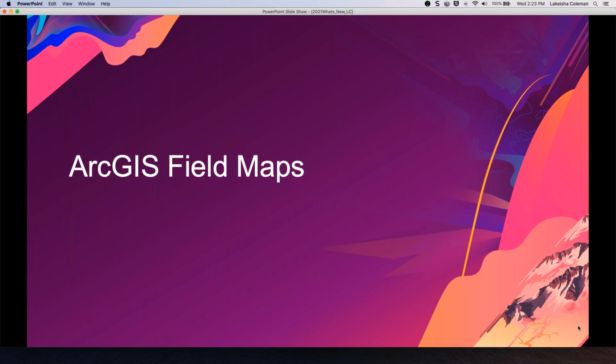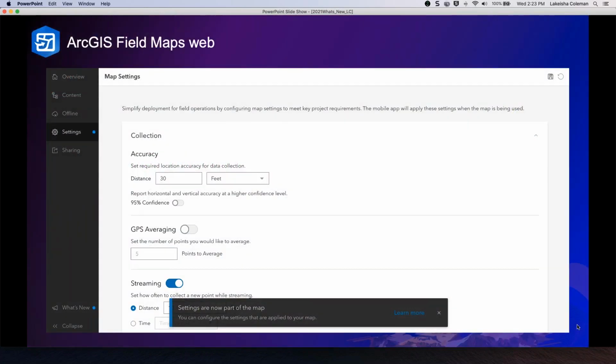So Field Maps, there wasn't too much, I'll say, that was updated over the course of this past quarter, but they have continued to improve Field Maps over the past year. Again, last year I covered Field Maps with this group. This year, some of the main updates I do want to show you are in the web designer and also some tracker pieces. As the other applications are being deprecated, we're trying to get all of that functionality within Field Maps. So I want to show you some of the new pieces